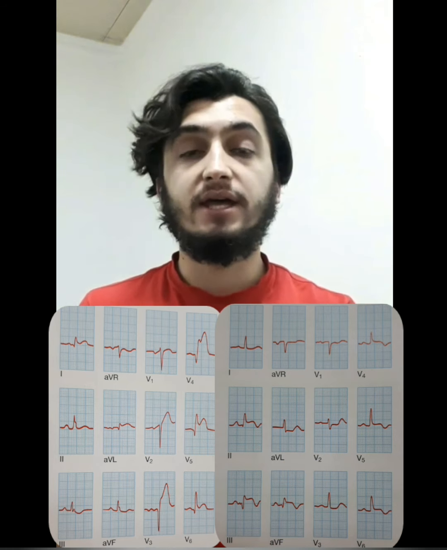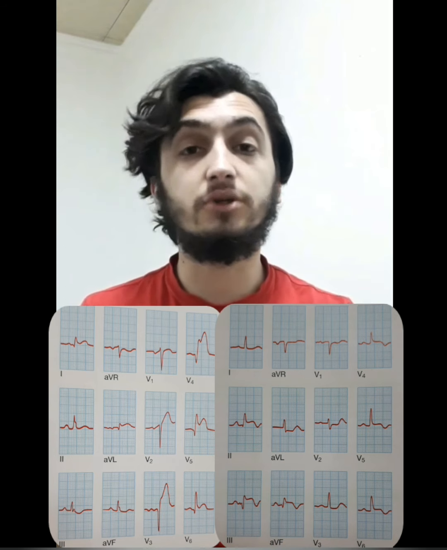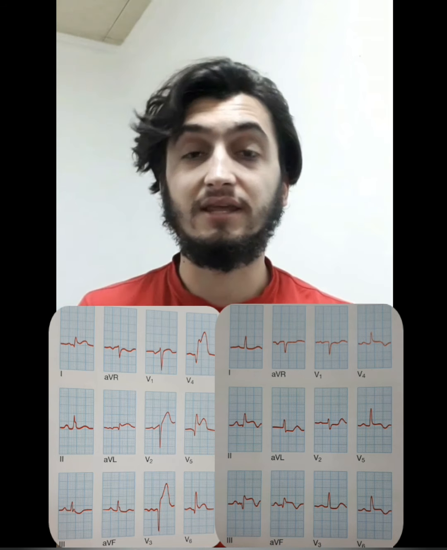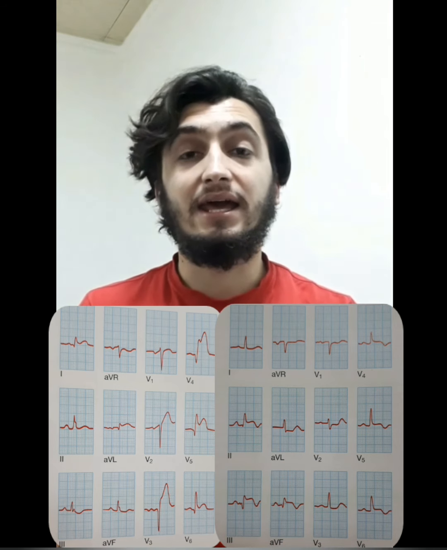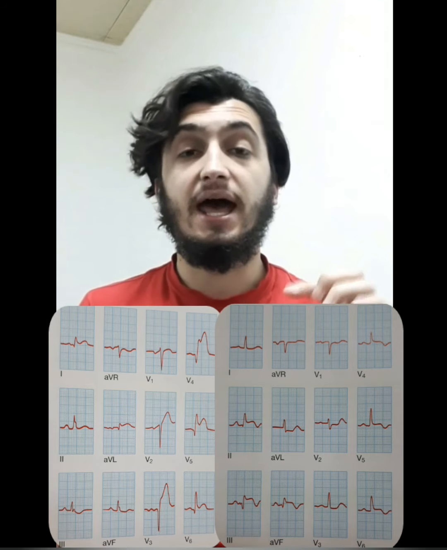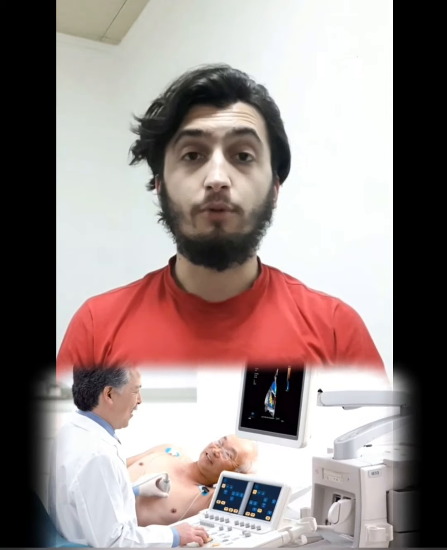Okay, if there is infarction of the posterior wall in the left ventricle, it doesn't cause ST elevation and Q wave in the standard leads, but it can be diagnosed by ST depression and tall R wave in leads V1 to V4. Okay, that's about ECG. And what about cardiac biomarkers? A measurement of the serum troponin should be taken. Well, radiography, as I mentioned, chest X-ray, and the other is echocardiogram.